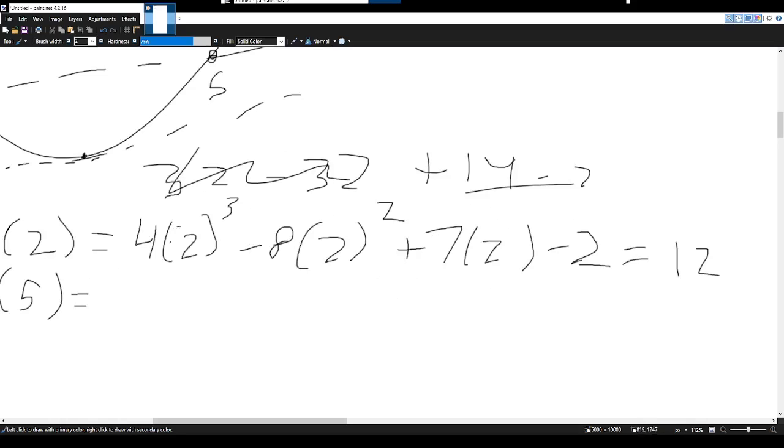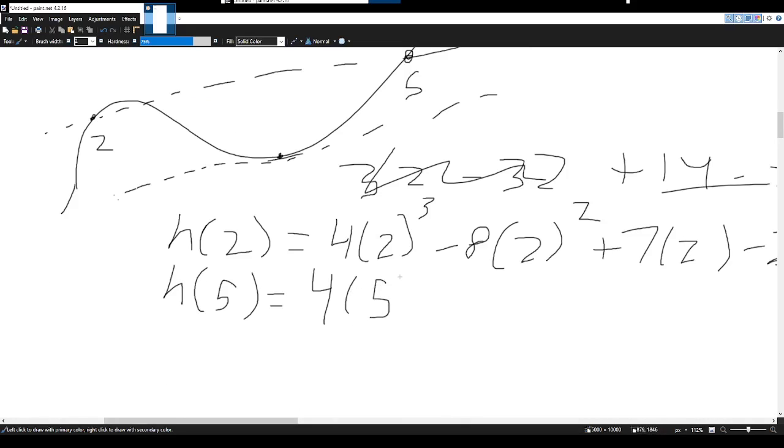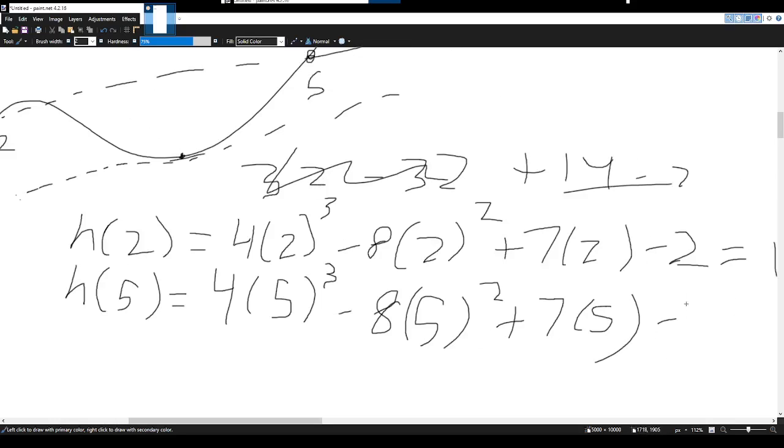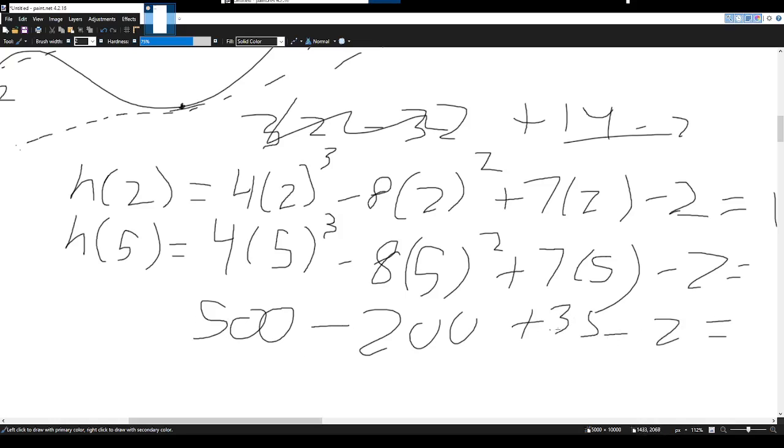And then for 5, that would be 4, and I can just copy from the one above, minus 8, 5 squared, plus 7 times 5 minus 2. So that would be what? 4 times 125 is, I'm not looking this up right now, okay, 500. 500 minus 8 times 25. Again, I'm not looking this up right now, but if I was, I would see that it's 200. Plus 35 minus 2 is what? 300 plus